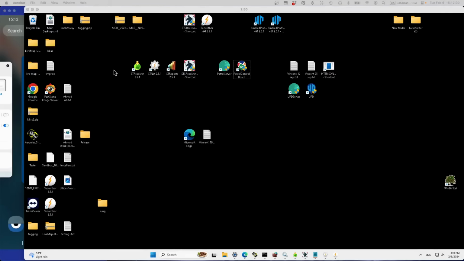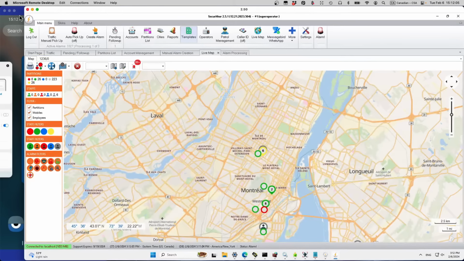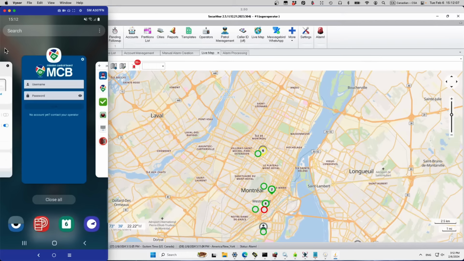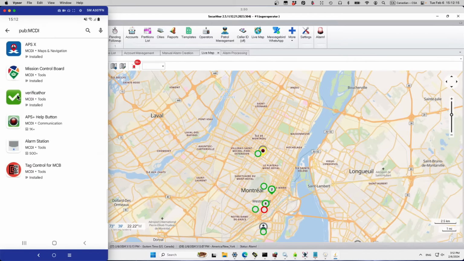So, in order to do this, we're going to show you from Securithor on this side here, and when needed, I'm going to show you the Android app that I have connected. So on the Android app, what you need from the Playstore is you need to download the Mission Control Board app, the tag control for MCB as well if you want to dispatch people to install tags, NFCs, QR codes